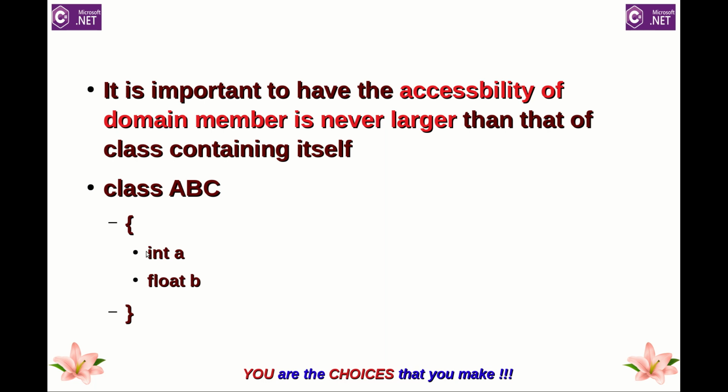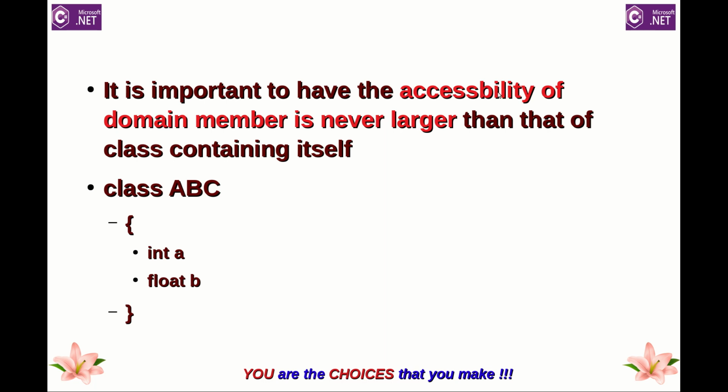This is not possible, because if the class is an internal class, it can be accessed only inside the program. If so, the member of the class can also be accessed only in the program, not anywhere else. So there is no sense in declaring this as public and this as internal. That is why this criterion is taken as an important criterion to describe the visibility control.